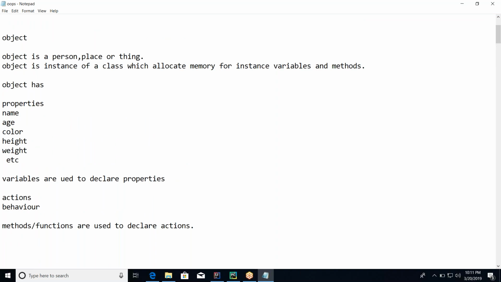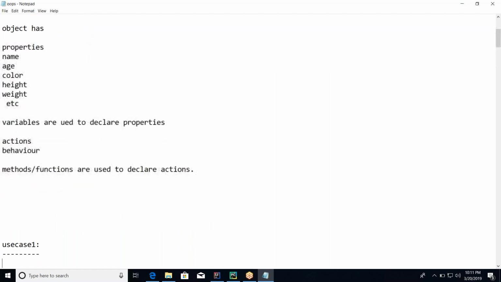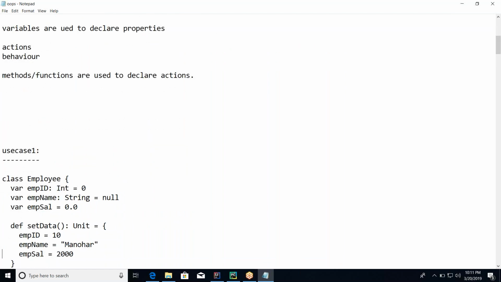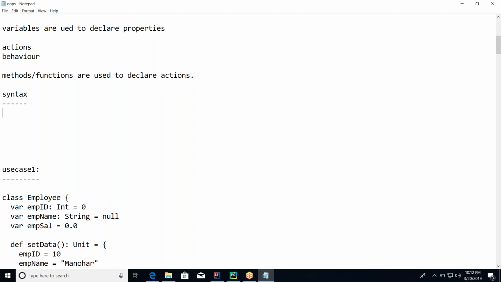Now one more thing. In programming, if you want to declare an object in a program, then it has a syntax. We should know the syntax. So far, we have learned so many syntaxes. I hope you are really good with all that stuff right now. So what is the syntax of an object? It's something like this: some reference name equal to new class name. That's how you have defined. You should define object in Scala,